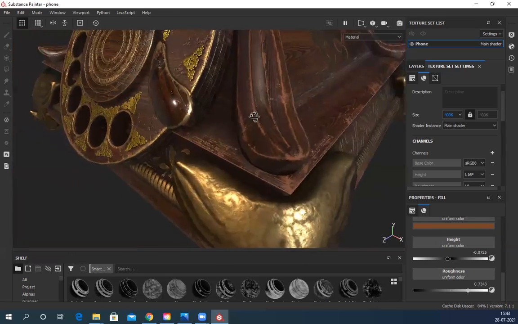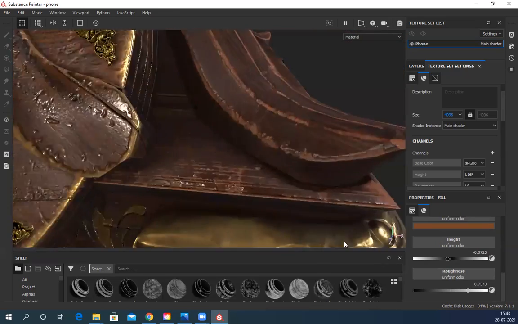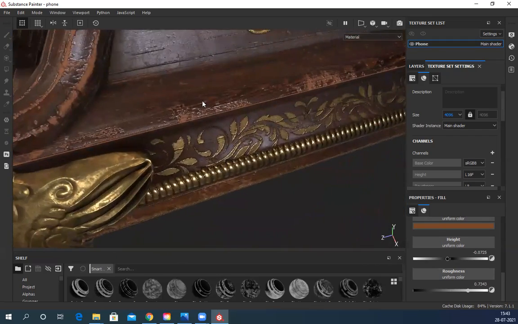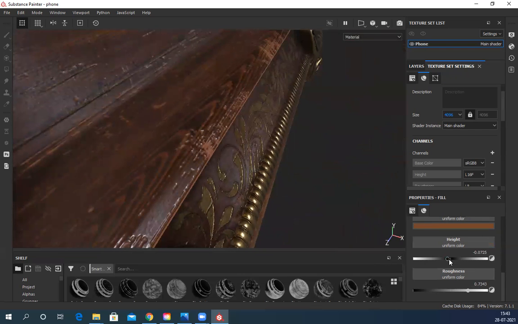Now I feel all this edge wear is very prominent and strong. You can see the normals look very strong. So I can make it a little less.